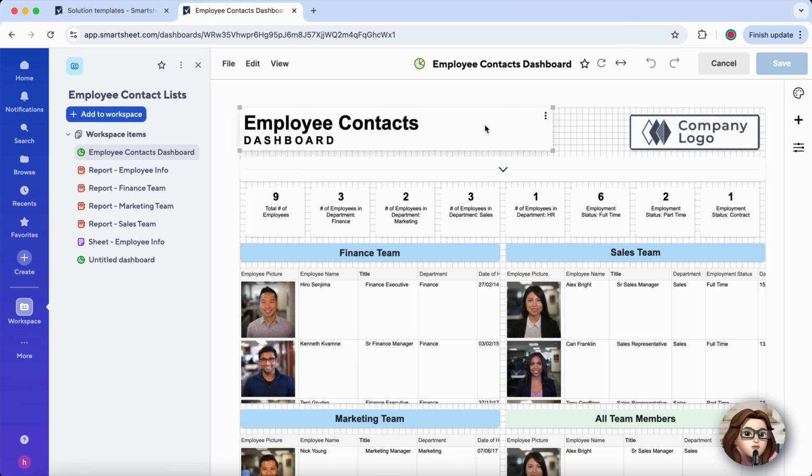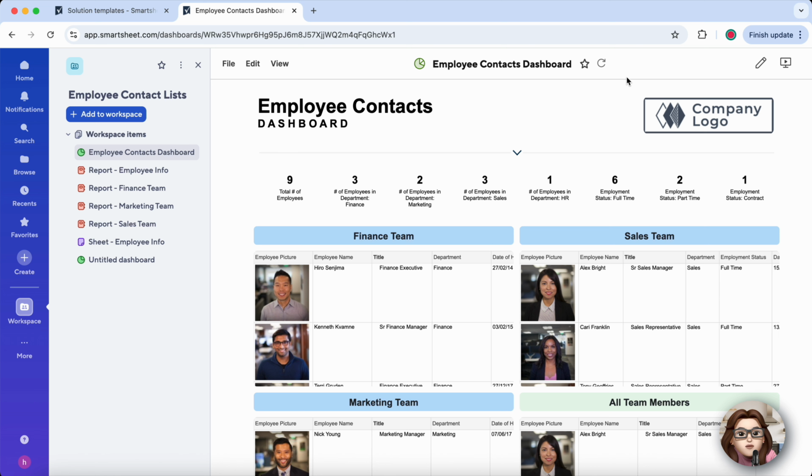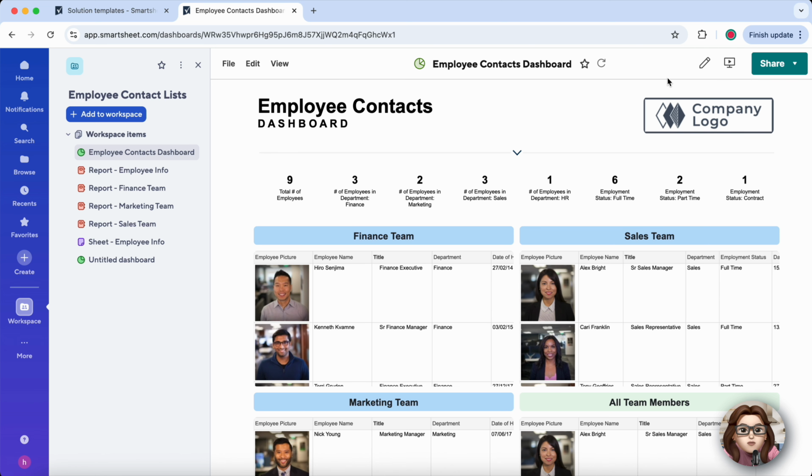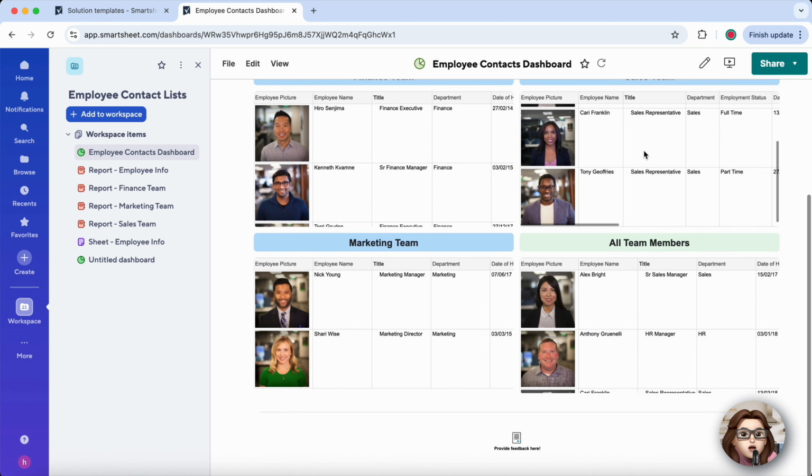Keep in mind that viewing is the only thing you can do without an account. If you need to edit or collaborate, the sheet owner must invite you as a collaborator, and you'll need to log in. So, to recap, if the owner has published